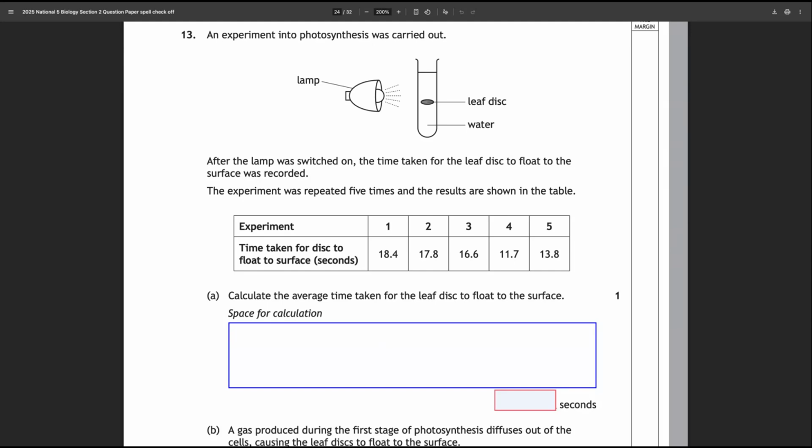So what we're going to do here is simply add all of our values together. So that's 18.4 plus 17.8 plus 11.7 plus 13.8. And if we add all of them into our calculator, we'll get a value, and then we divide that value by 5, and our calculator should show 15.66, or if we want to round it up and be neat, we could say 15.7. That would be acceptable as well. Okay, 15.7. So we add up all 5 numbers and then we divide by 5 to get our answer there,